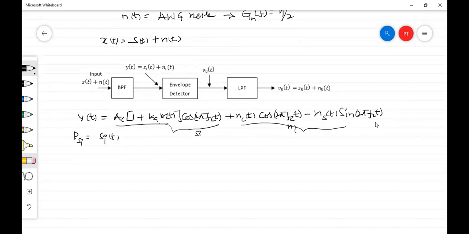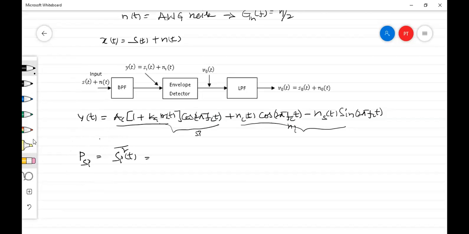Okay, we know this. Now we can write it as input signal power as Si of t